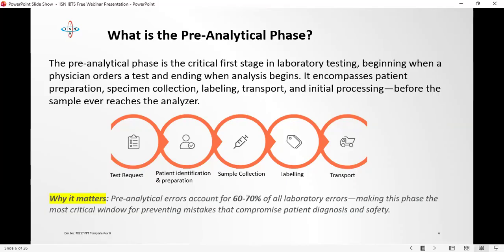Let me give us an example. A patient potassium result comes out extremely high, something like, let's say, 6.5 or 7.0 millimole per liter. Now, if you're not practicing good laboratory practice, the tendency is to immediately report that result, especially if the analyzer did not flag any error. People think, oh, since my analyzer is not flagging error, that means the result is okay. But a more experienced, good laboratory practice driven professional will pause and ask questions.